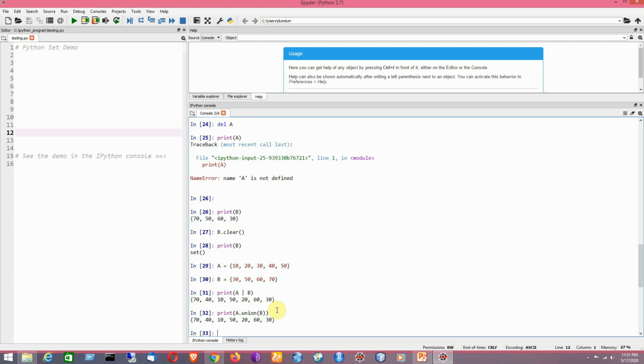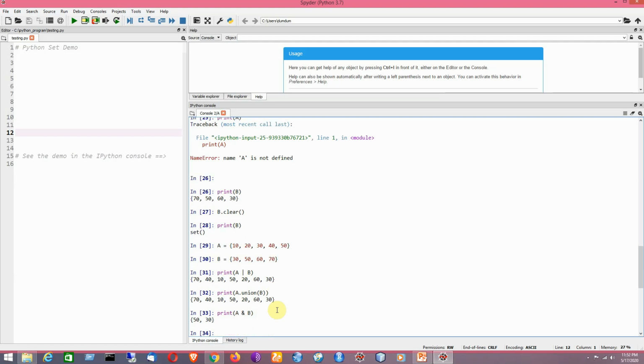Now I am going to apply set intersection. The set intersection operation can be done by using the intersection function or by using the ampersand, that is called AND. By using the AND operator we can perform the set intersection. Just have a look at it. What are the common elements in them?